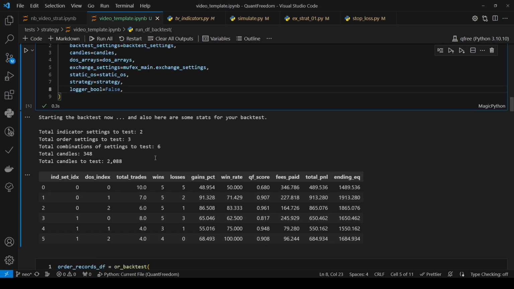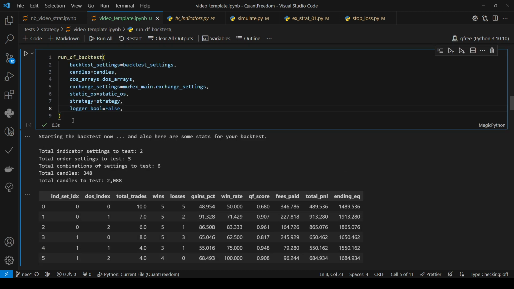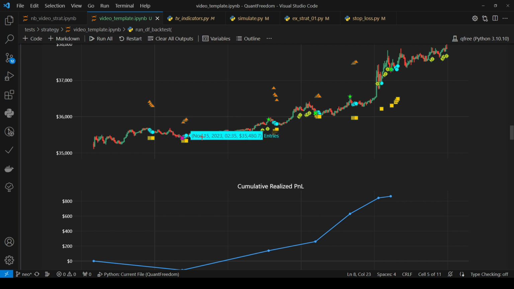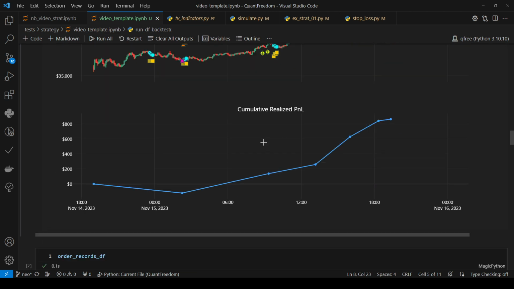Then towards the end of the video, I'll go over a brief overview of how you can use this backtester that I've built for free. It's open source, to be able to backtest a strategy and see everything that you need to see in order